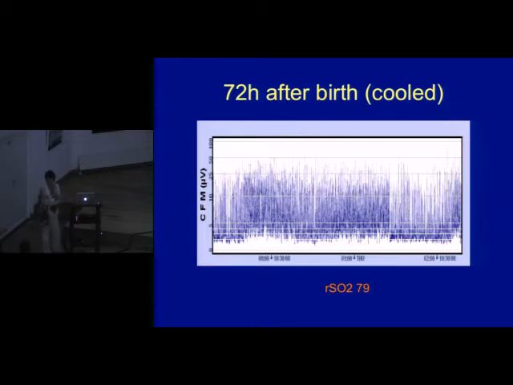And we were very surprised that the MRI scan on day 4 was normal or showed only some minor abnormalities. So this was one of the first babies we cooled, so we were not very confident that we did the MRI at a good time point. So we repeated the MRI a few days later and got the same result. So we had an almost normal MRI, and this baby at 2 years of age had a Bayley score with a motor of about 110 and a cognition score of about 90. So he's doing quite well, and we are very surprised that we had this depressed EEG, and it turned out